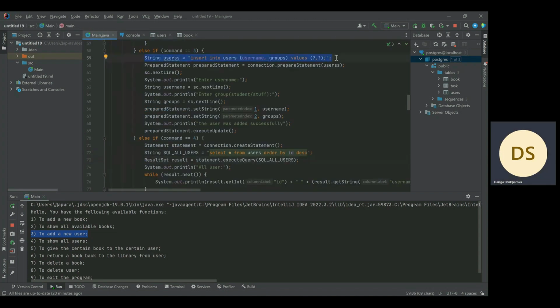So this is the query that says, using the INSERT INTO command, insert into the users table, in the username and groups columns, values, where the first question mark is for the first column, the second question mark is for the second column. Then the prepared statement stands for preparing and executing the query, scanning the lines